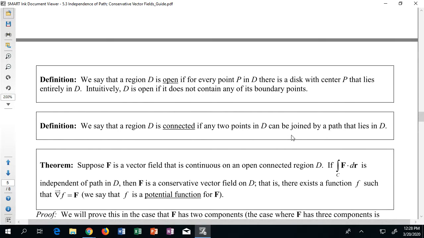We'll say that a region D is open if for every point P that is in D, there is a disk with center P that lies entirely in D. Intuitively, D is an open region if it does not contain any of its boundary points. Here's how I try to think about this. If I had a region that didn't contain any of its boundary, then this definition is saying I would refer to this as open, because no matter what point I pick inside of that region,